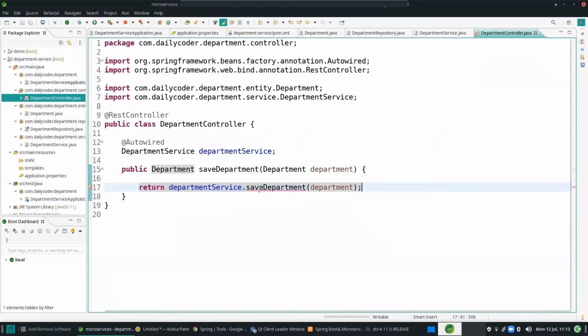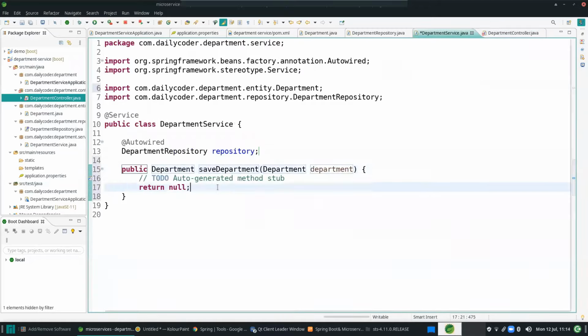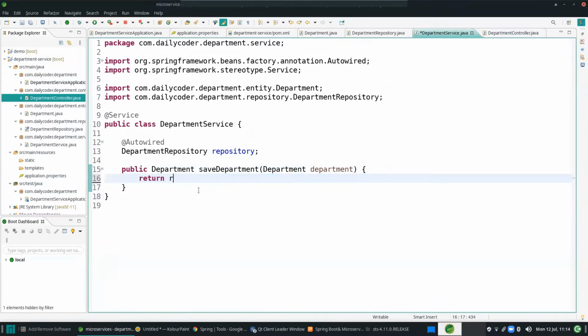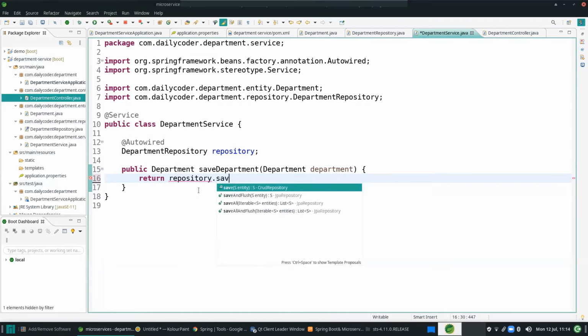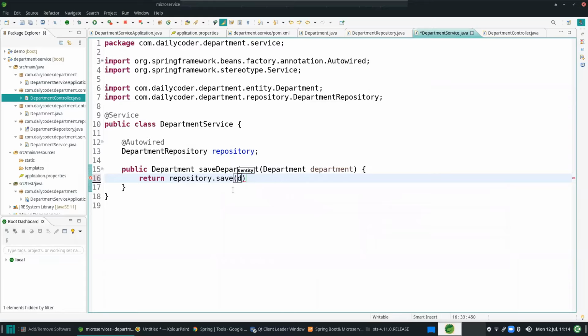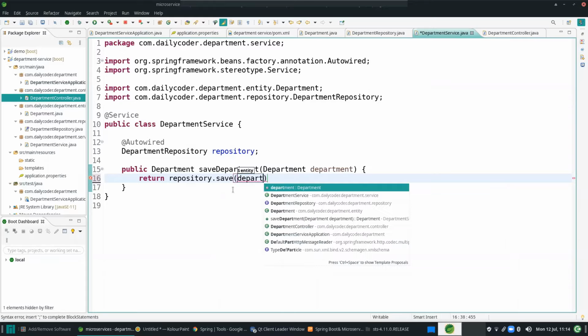Now I'll create one method in the department service, and here, by using a repository, I want to save. If you look at this one, you are getting all the methods. From where are these coming? You haven't written any of the methods inside the department repository, but you still can see these methods. These are coming from the JPA repository. You don't need to write the logic for this. This is the beauty of Spring Data JPA. It will provide you the default implementations, default methods, the common methods.